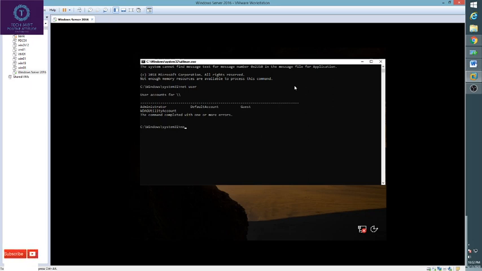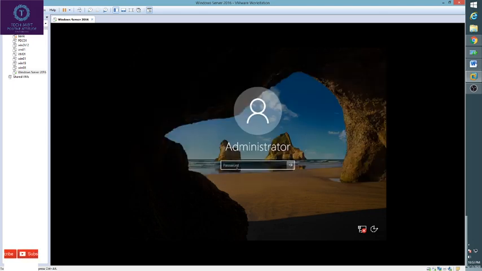I will type net space user, then the user whose password I want to reset, that is administrator, then space and whatever password you want to keep. Say I want to keep this password. Hit enter. It will say command completed successfully. Type exit. Now type the password.